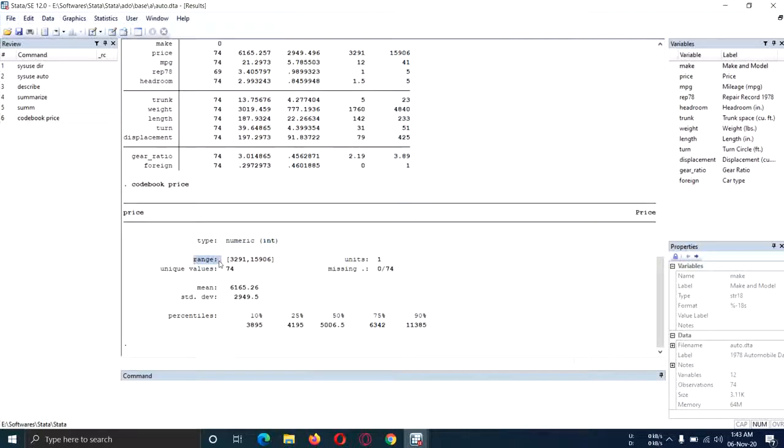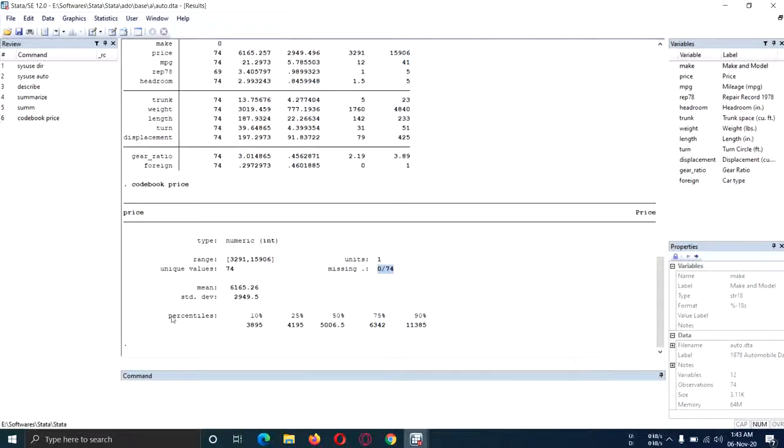The range of this variable is from this value to this value. Unit is 1. Unique values are 74, so there is no value which is being repeated. You will get the mean and standard deviation. You will also know that there is no missing value in this variable, so it has complete 74 observations.